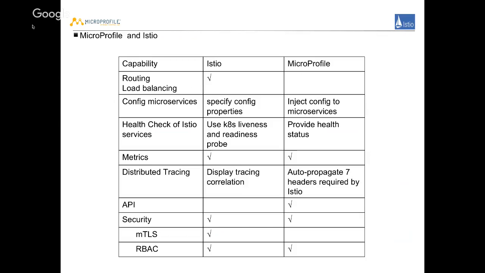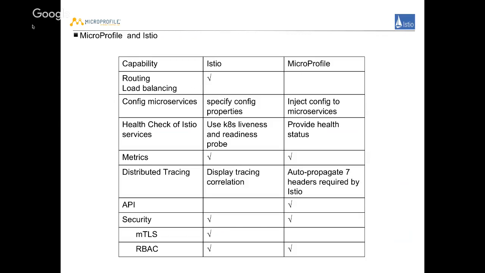So Istio, if it's on Kubernetes, can use the liveness and readiness probe to find out whether the particular Istio service is healthy or not.